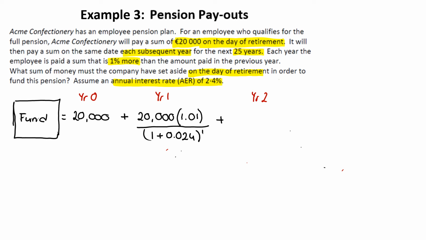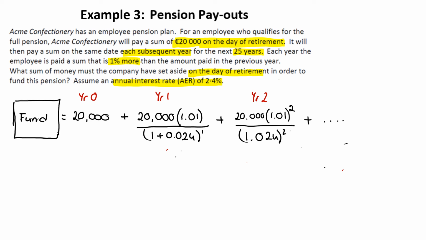So the next one, what we're going to end up with is still got that 20,000. I'm keeping that. I know we could work out the amount, but that's not going to be hugely helpful as we get further into the question. So actually, if I square that 1.01, because effectively what happened is I have the previous year, so 20,000 by 1.01, and multiply by 1.01 again. Same thing happens here, so I'm going to just clean it up a bit. 1.024 to the power of 2, and so on. And that's going to go on